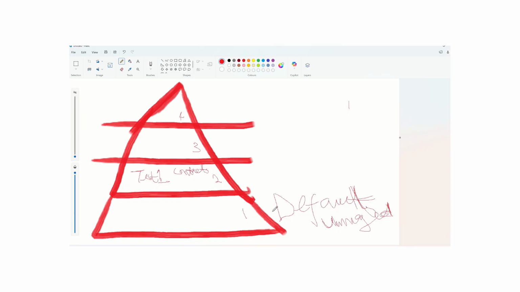Remember, the default solution has all the components. So that means it also has contact. And this is unmanaged. This contact is unmanaged because this is the default. The base solution is the default solution. It is unmanaged. And then we make a change to the contact table,